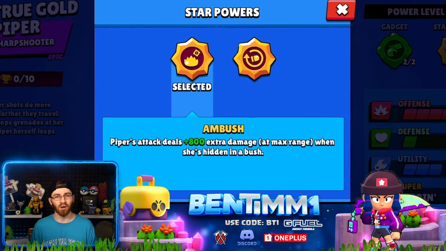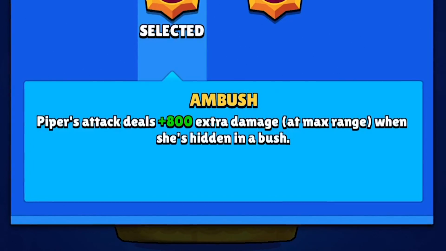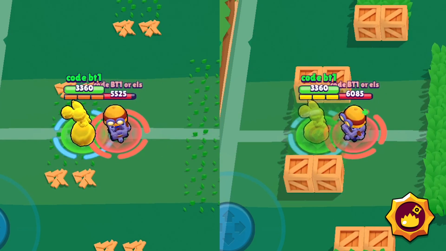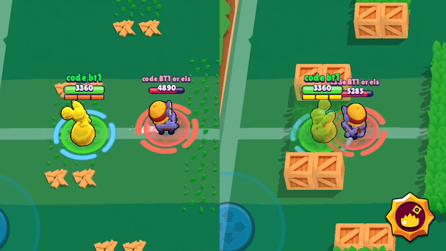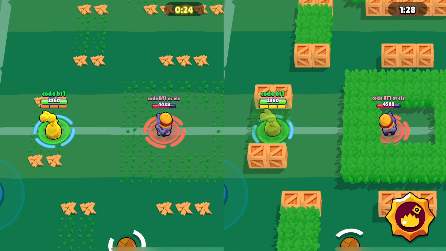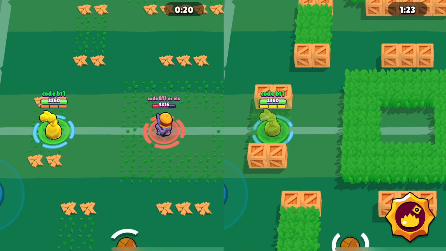Now on to her first star power, Ambush. Piper's attack deals plus 800 extra damage at maximum range when she's hidden in a bush. So when you don't have Ambush, at close range, Piper's shot is going to deal 635. With Ambush and she's in the grass, it's going to deal 875. At mid-range without it, Piper is going to deal 1,722 damage. And then at mid-range with it, depending on the tile you're at, anywhere from like 2,000-ish to